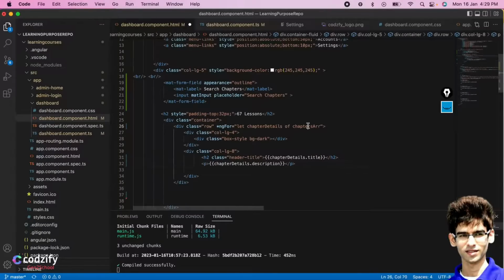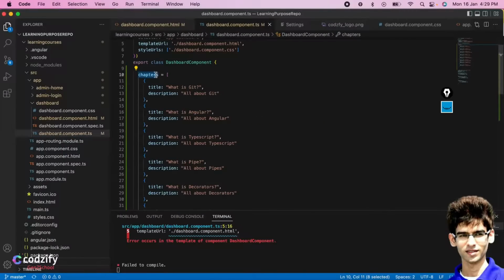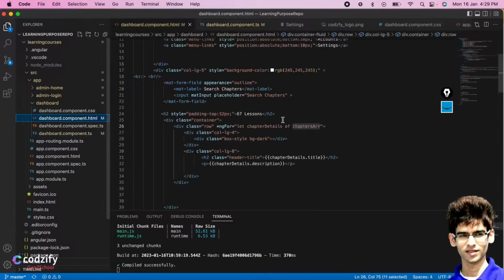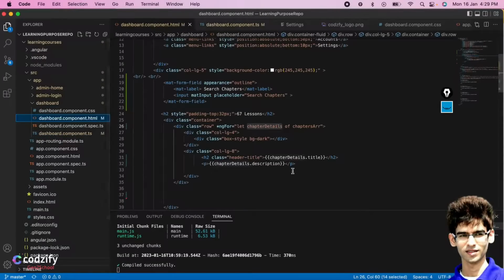So what this will do is, this is one array, the chapters array, which we have created. Inside this chapters array, it will take the first object, which is this one. Using this it will print the title and description, and again it will check whether the chapters array contains more elements.